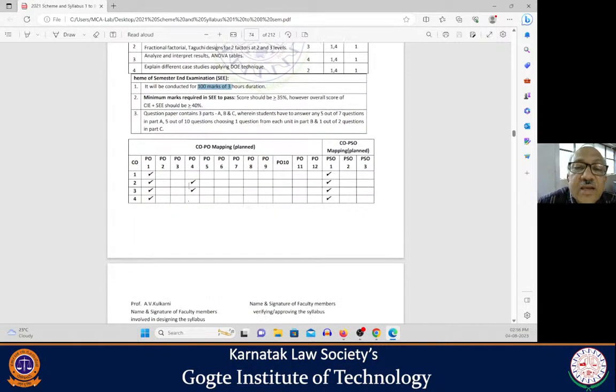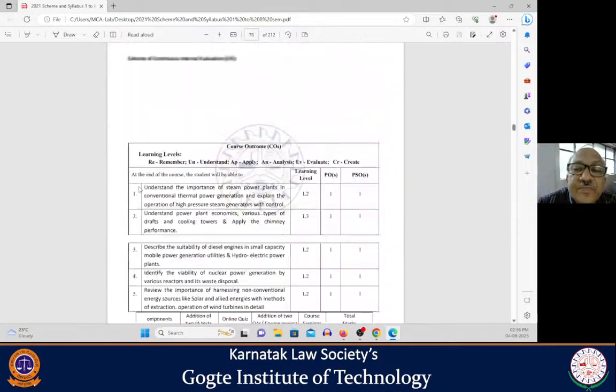So again, the new question paper pattern is applicable, having parts A, B, C. Okay, part A consists of 7 questions of 6 marks and so on. Part B of 10 marks and part C of 20 marks. So it is about the